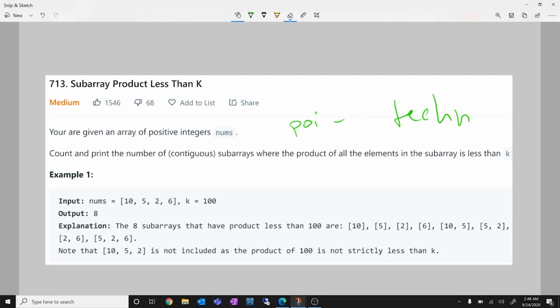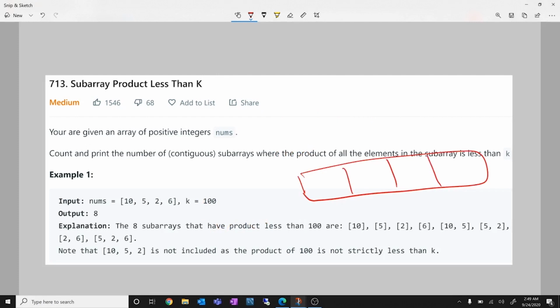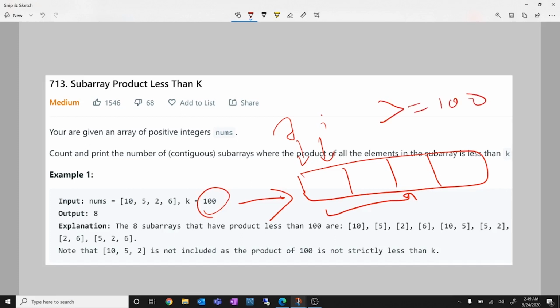Let's take an array and discuss this question. If I have an array like this, I'll take two pointers, i and j. These will point at different elements at different points. What I will do is start iterating from here, and I'll take the elements up till the point where the product of the elements is less than 100. If I reach a state where my product exceeds 100 or is equal to 100, I start removing elements from this side.